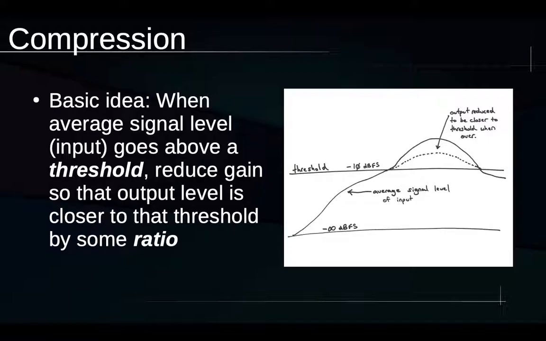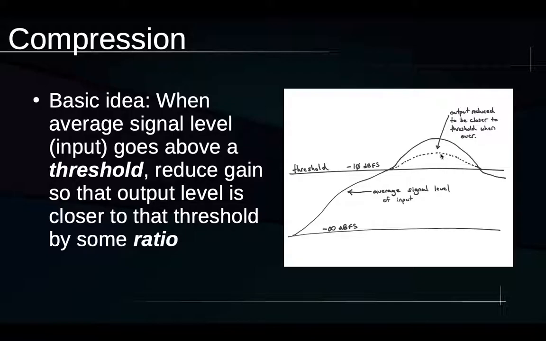And a compressor is a plugin that makes adjustments to the levels on a very quick moment-by-moment basis in an attempt to help the quieter parts compete better with the noise floor. So the basic idea is that we have a plug-in, and we give it some input audio, and whenever the average signal level of our input goes above some threshold, the threshold is set at minus 10 decibels in this example here, whenever the input level goes above that threshold, we reduce it somewhat to keep it closer to the